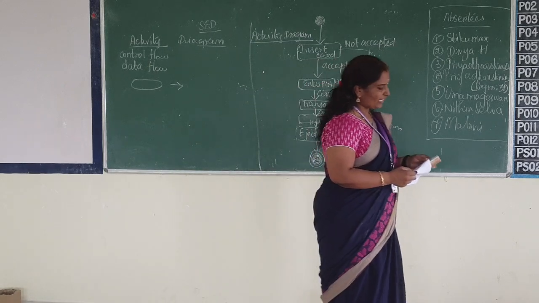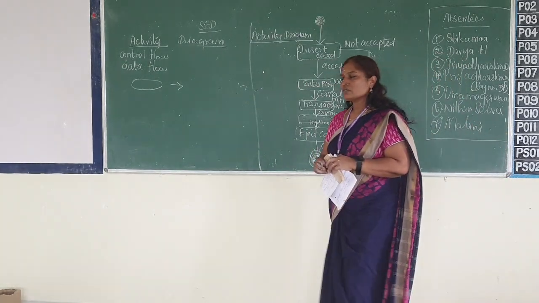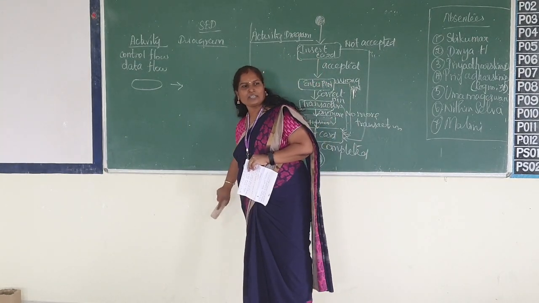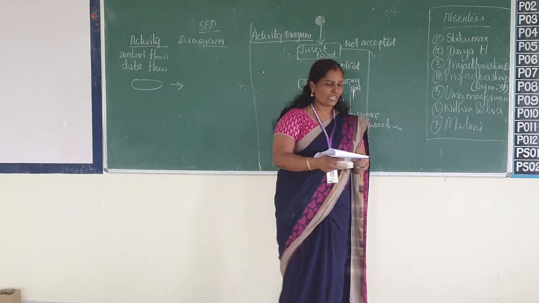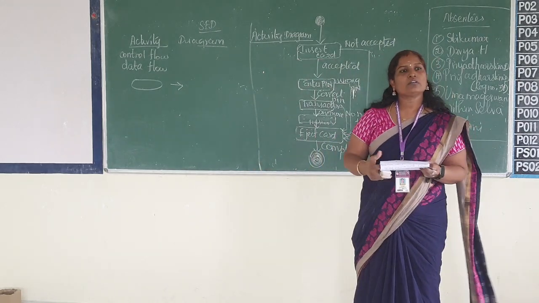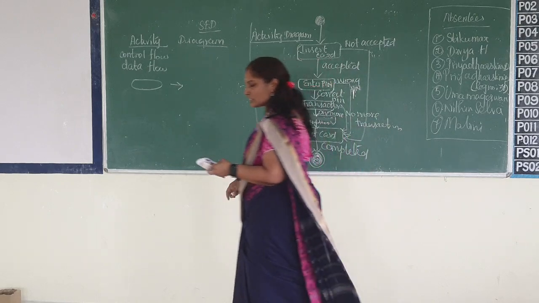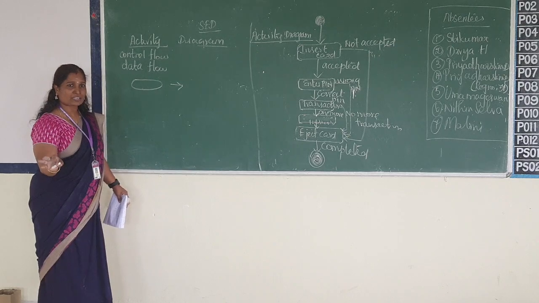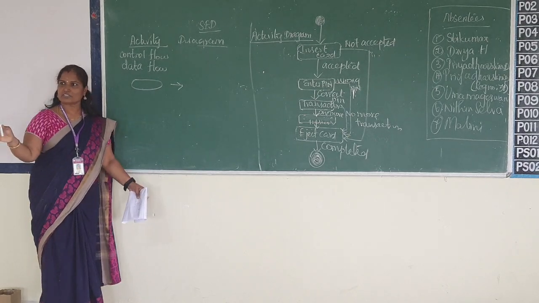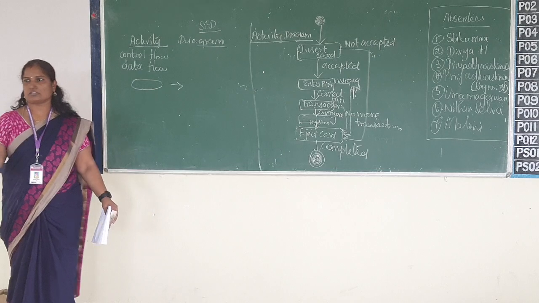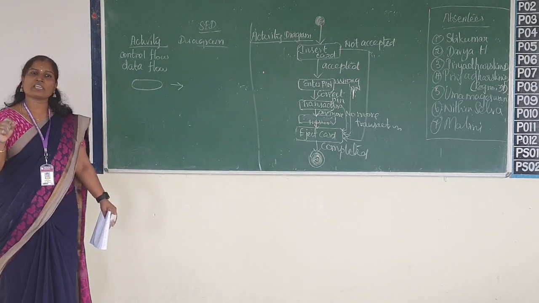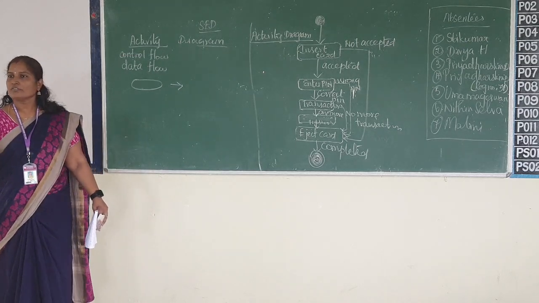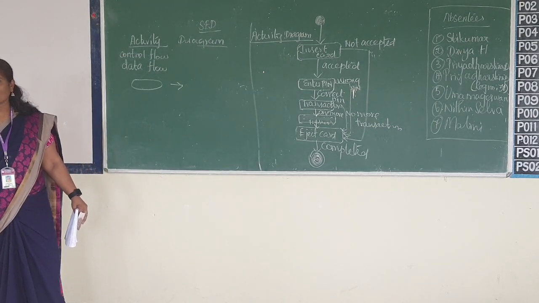I will give you one very simple example. Suppose you are looking for a resource. The resource could be a computer, printer, laptop, it could be anything. You are searching for a resource, maybe a classroom or smart class, lab, anything. Smart classroom, you want to access it. So first we will be requesting the smart classroom.